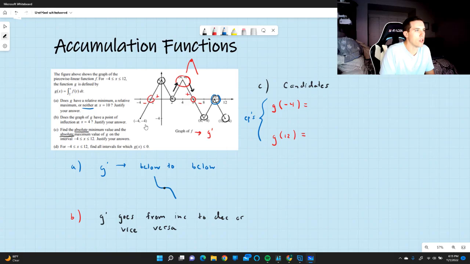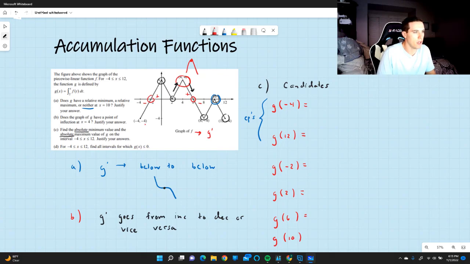But on top of that, you also need to list your critical points, which are the roots of the derivative. So there are a lot of them in this problem. G of -2, G of 2, G of 6, and G of 10. Now,